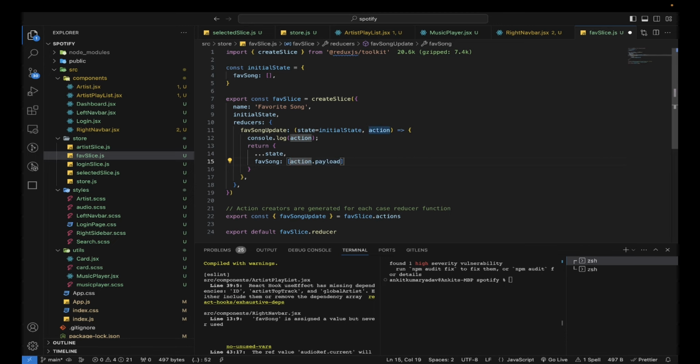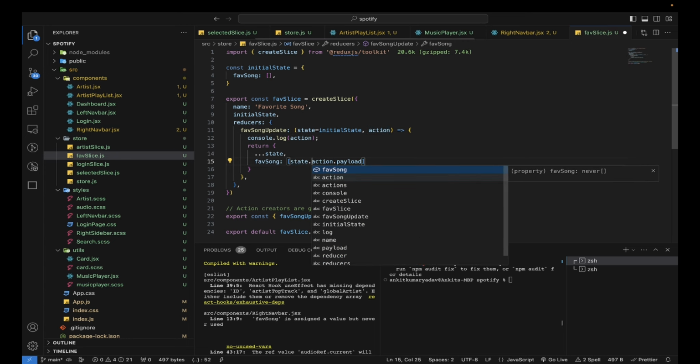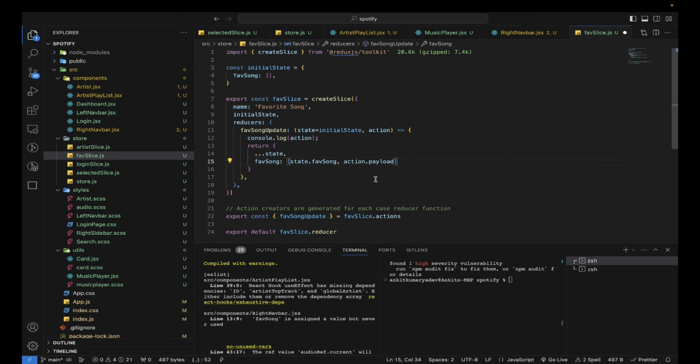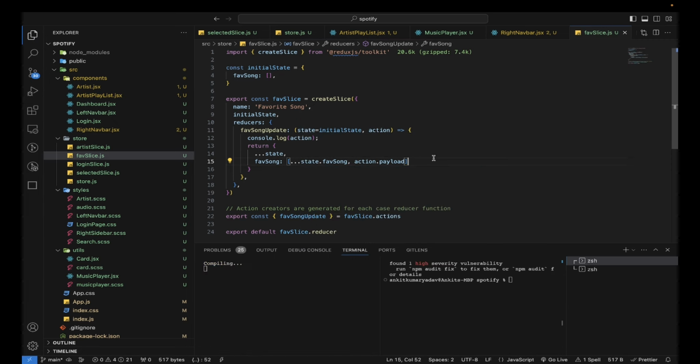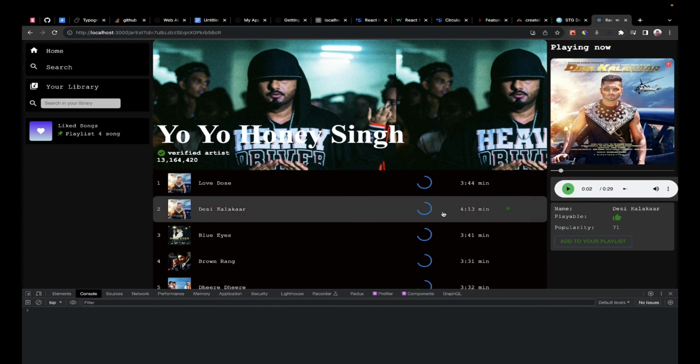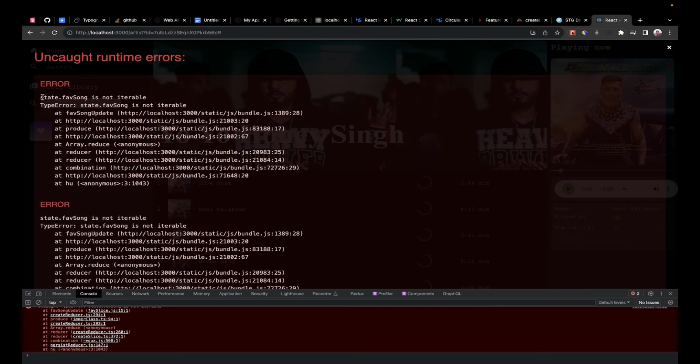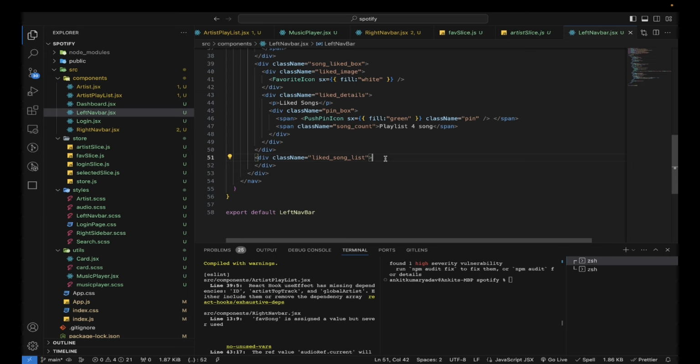Suppose we already have some data in the favorite song array. So state.favorite song, at the end we just need to append this action.payload. So just put the three dots. If we click on any of the songs, suppose I click on this song,